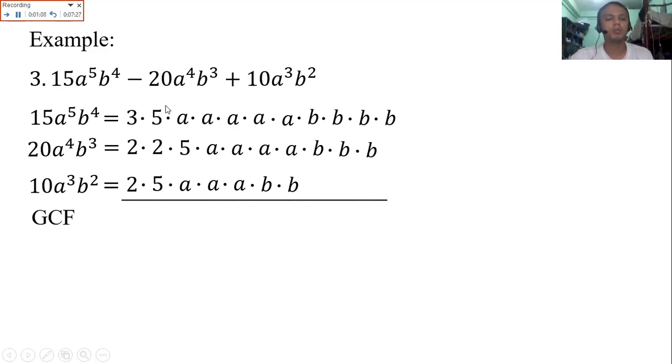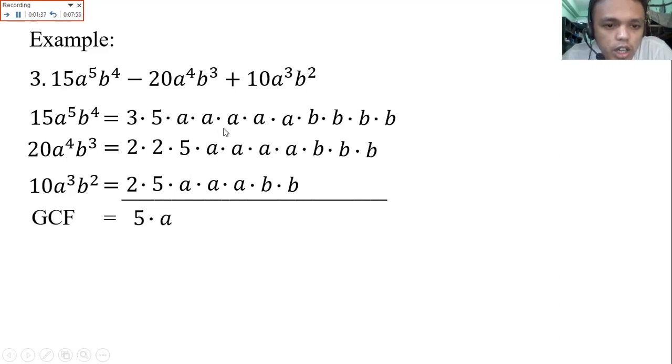Anong common? Tingnan mo tayo sa mga numbers. Sa taas, may 3. Dito, wala. So, tanggalin, wag natin isama yung 3. How about 5? May 5 dito, may 5 dito, may 5 dito. So, bring down natin yung 5. Dapat common sa kanilang tatlo. Hindi pwedeng common lang kay 20 tsaka kay 10. Dapat sa kanilang tatlo. Sunod, A, ito, isang A, ito, another A,